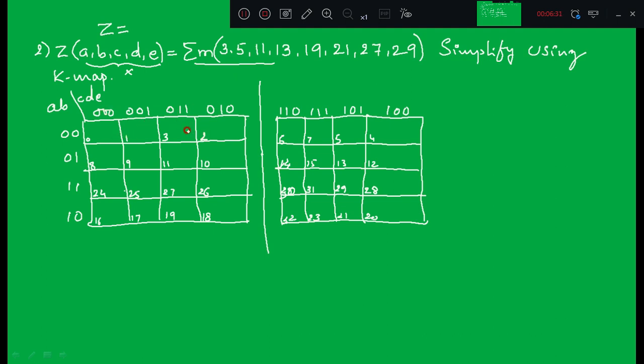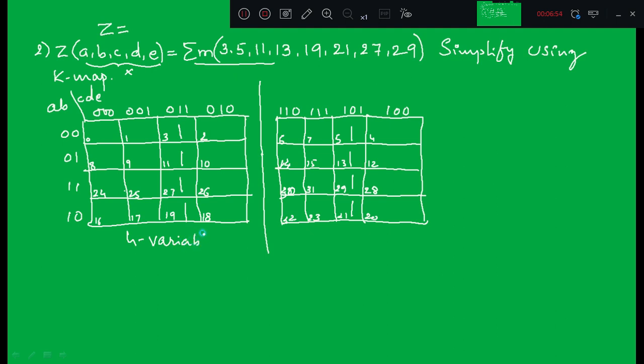Let us fill these cells. The first one is 3, next one is 5, 11, 13, 19, 21, 27 and 29, right? So the first step is you are going to, again, this is the first 4 variable